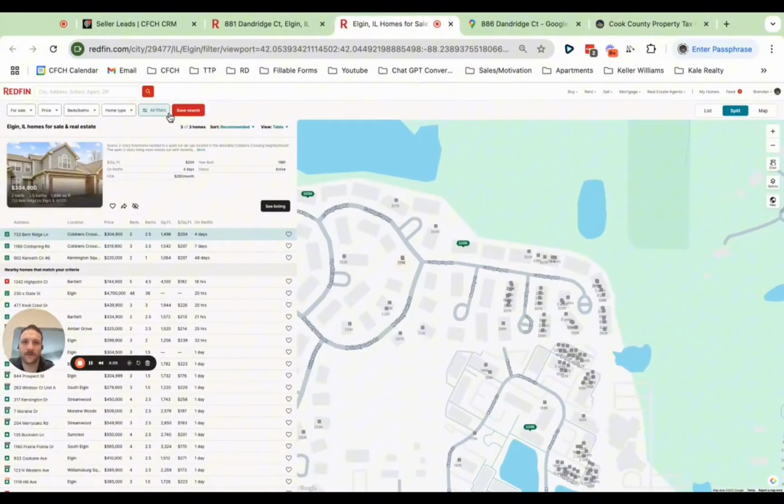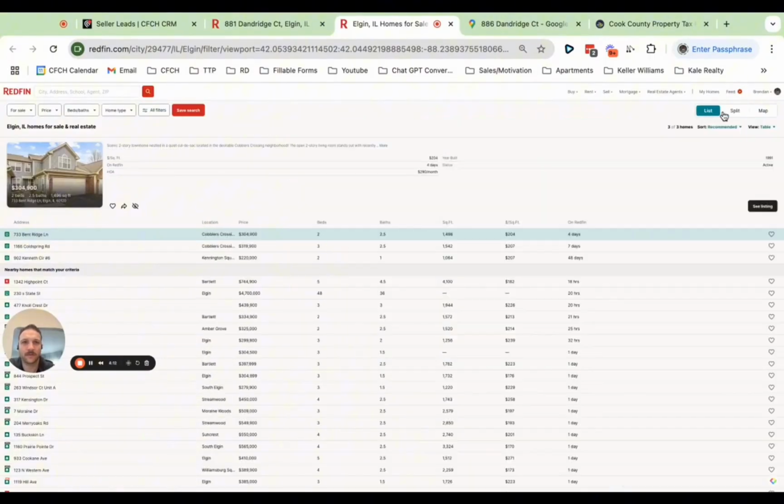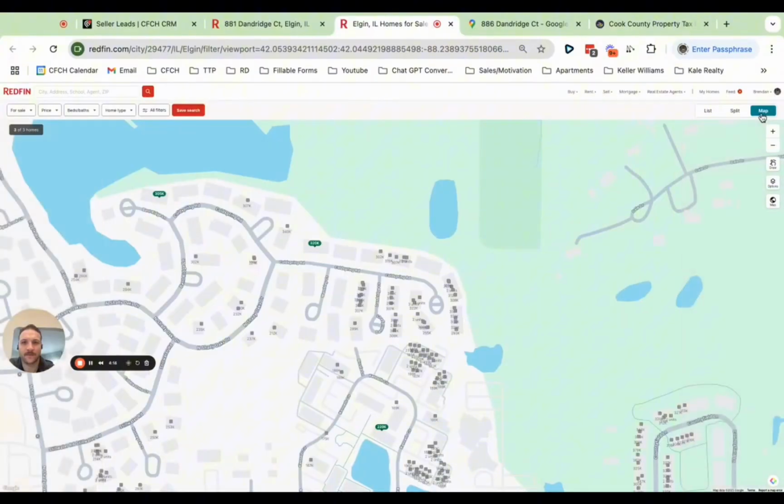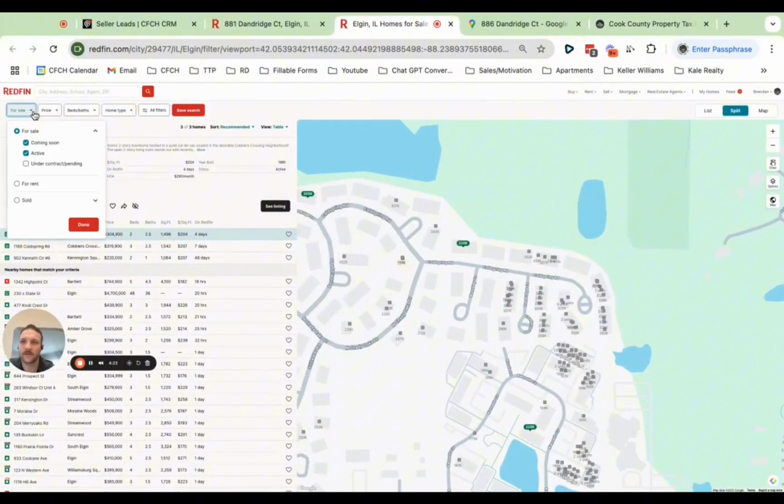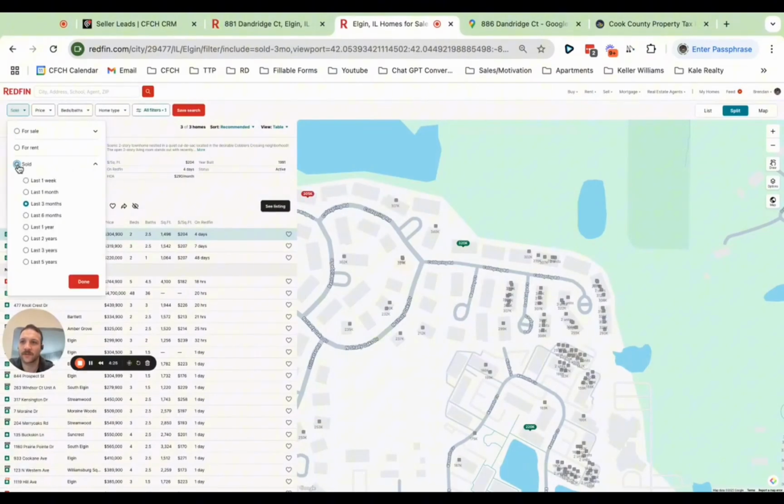Now what we want to do is, here you could do a list, you could do a split list and map, or you could just do the map. So let's do both. Right now this is for sale, right? We want to see what's sold in the area first.